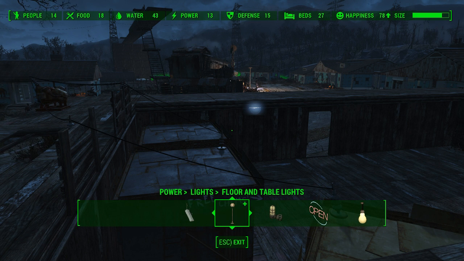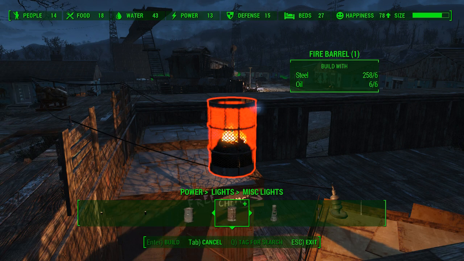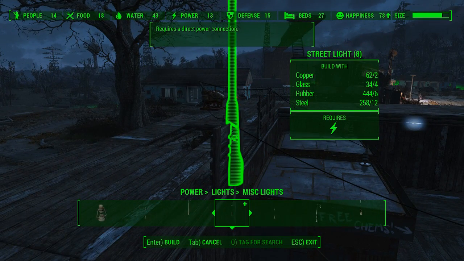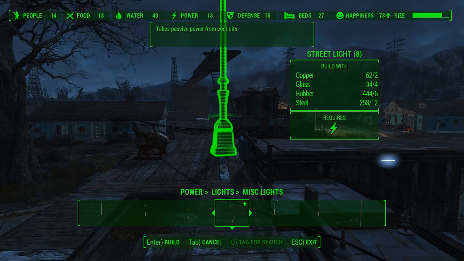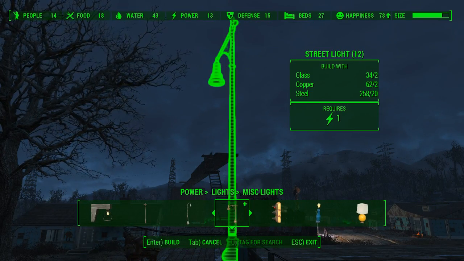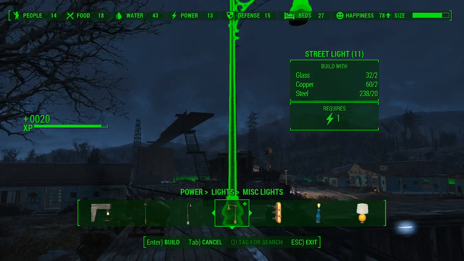We could do floor and table lights. Let's do misc lights. Let's see what I can do. Campfire? No, not candles. Come on. I mean, fire barrels would be kind of interesting, but maybe a little bit ridiculous. We can go with the ridiculously overbearing streetlights here. This might not be too bad. And by might not be too bad, I mean, looks really...